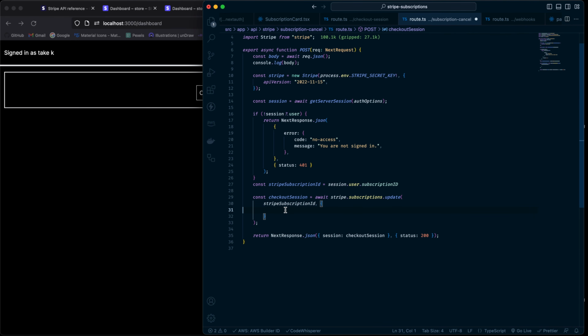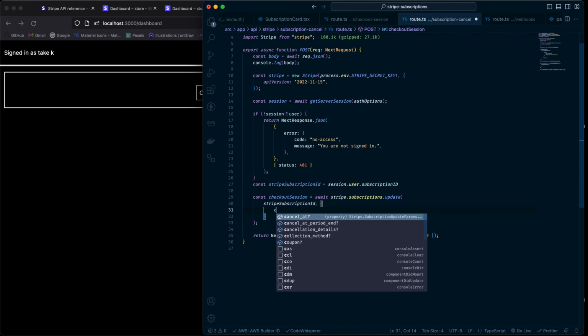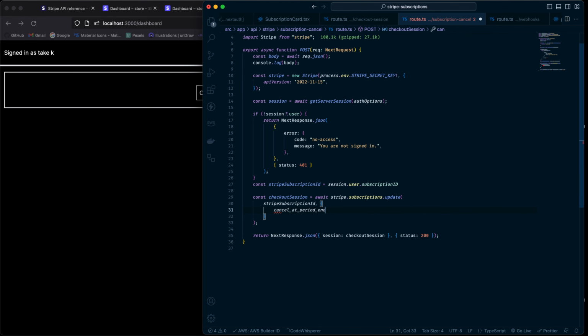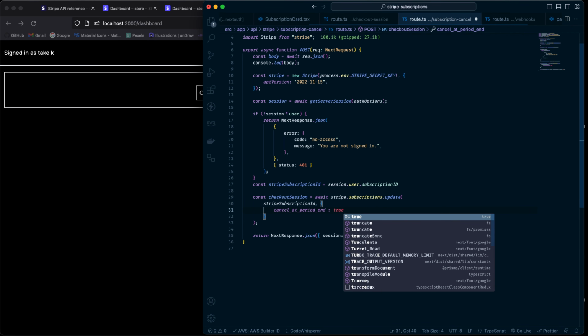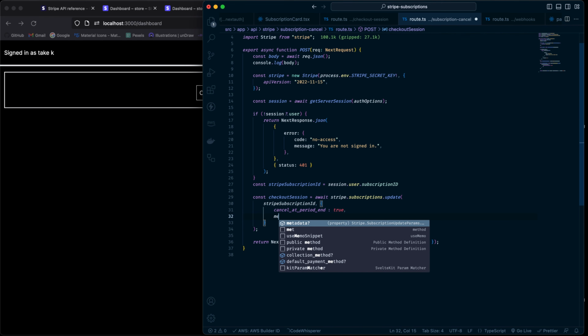So when the user deactivates his subscription, I don't want him to immediately lose his access to the service. So in order to avoid that, I want to cancel only at period end. So once he hits cancel on say the 13th and his subscription is about to expire on the 14th, it won't expire till that date. So I'll say true, and I'll also send a metadata